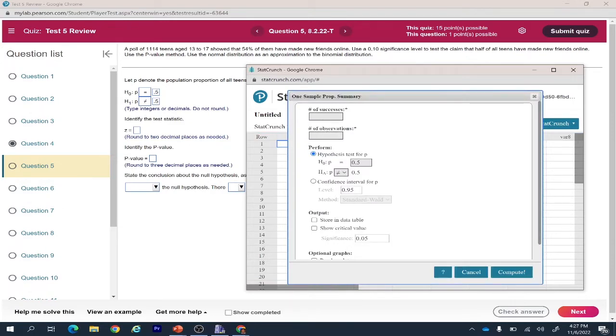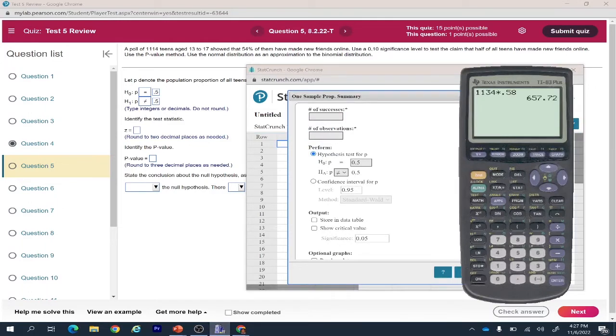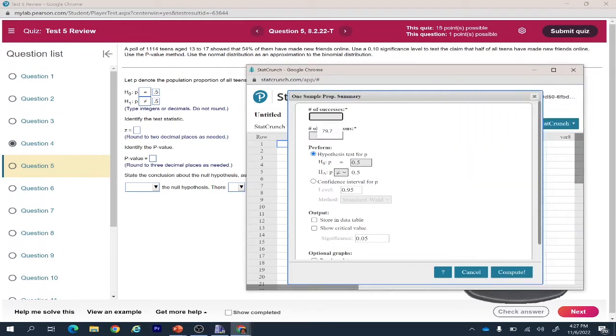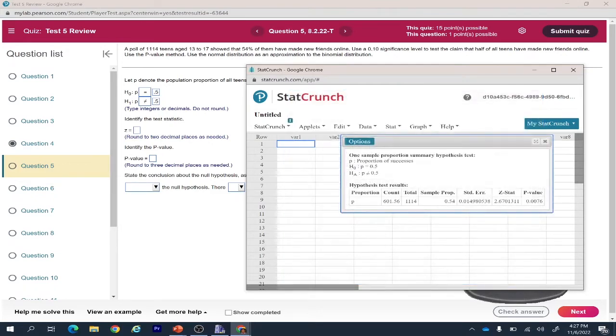As you can see here, it's 54% of 1114, so I can calculate that. 1114 times 54% is about 601.56, and the number of observations is 1114, and then the null hypothesis is 0.5, and if you just hit compute, it